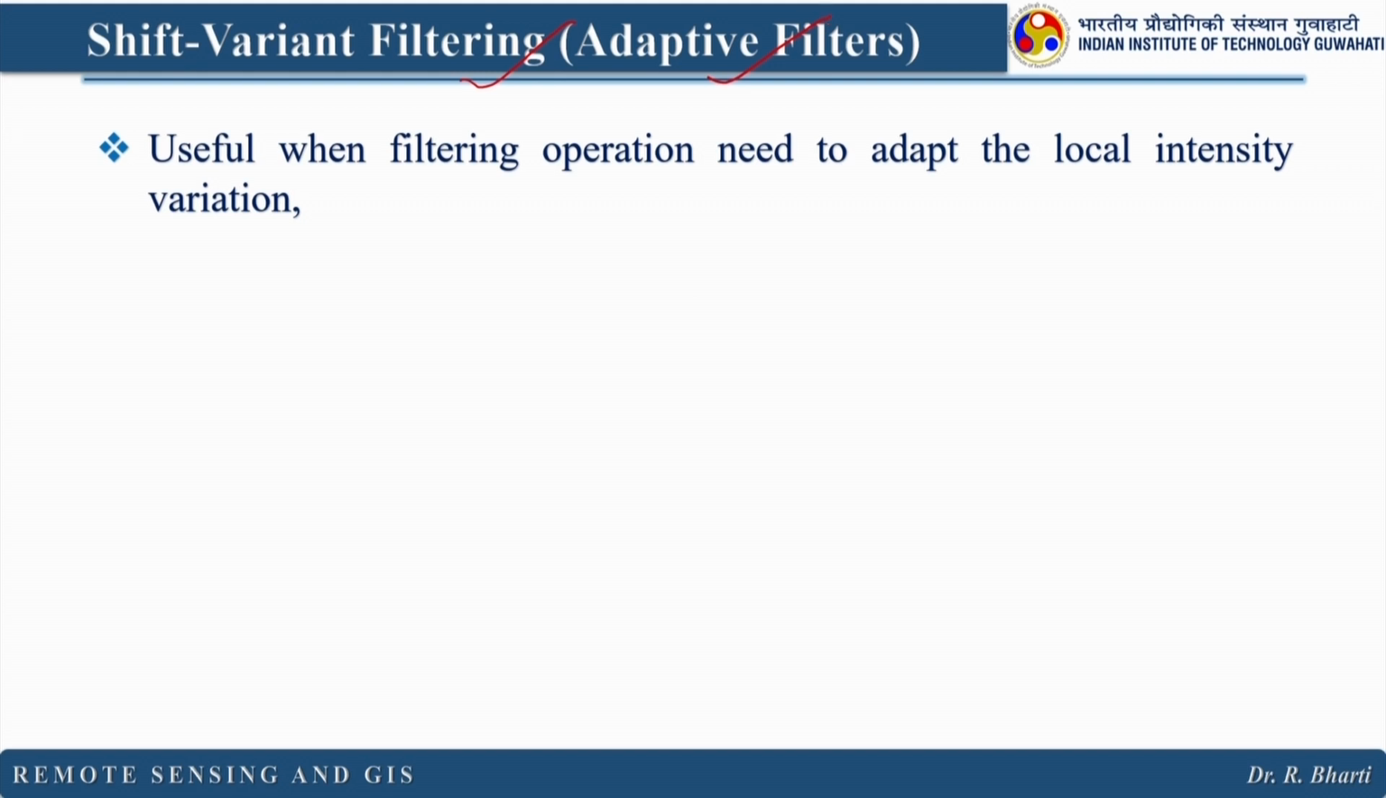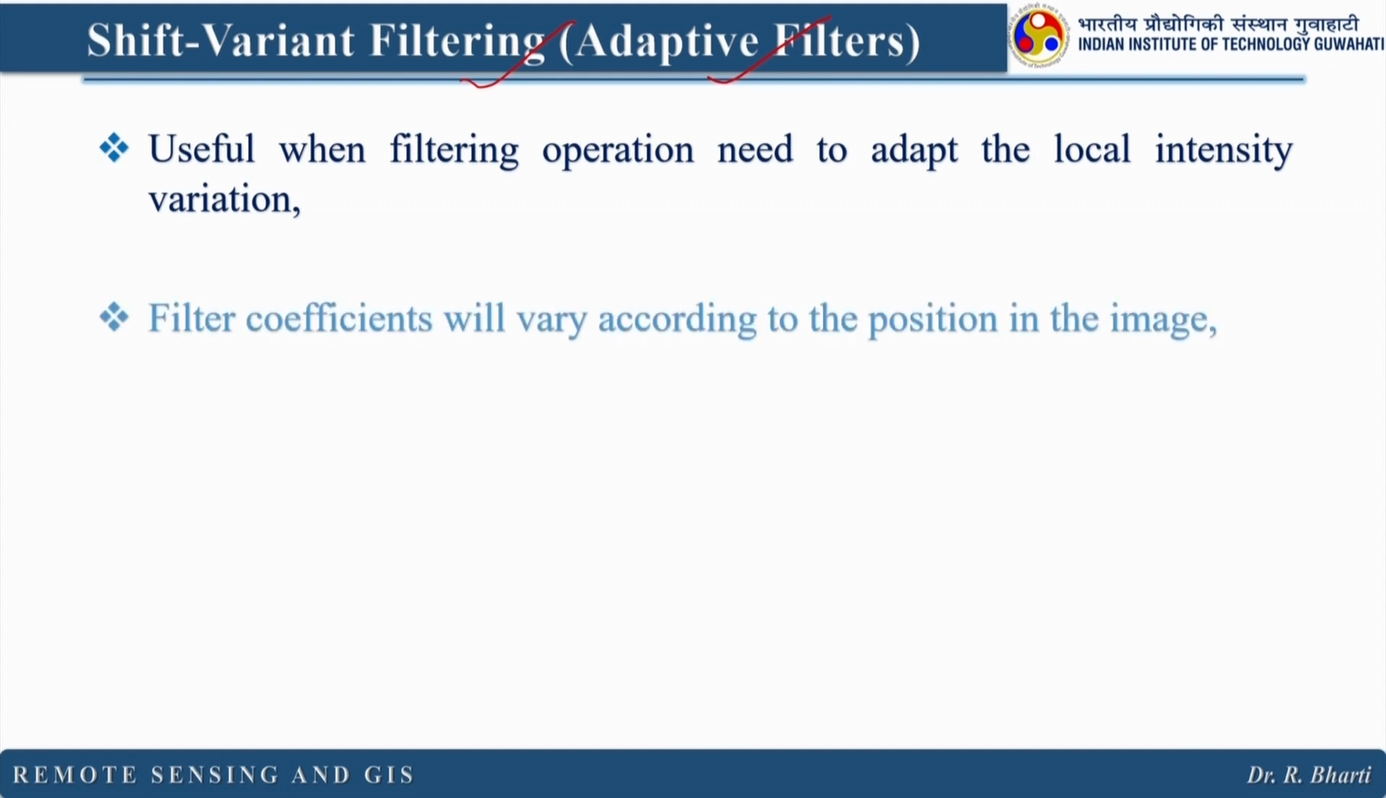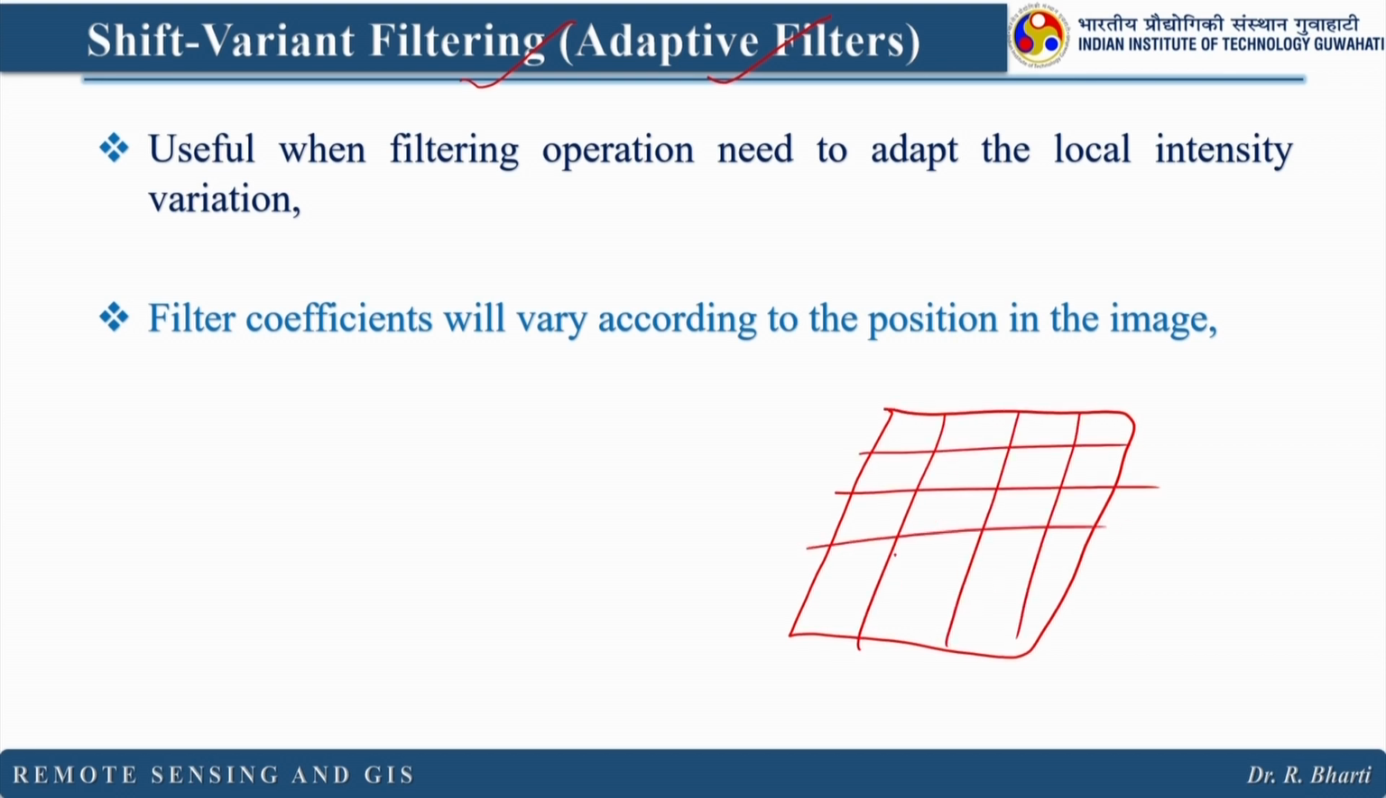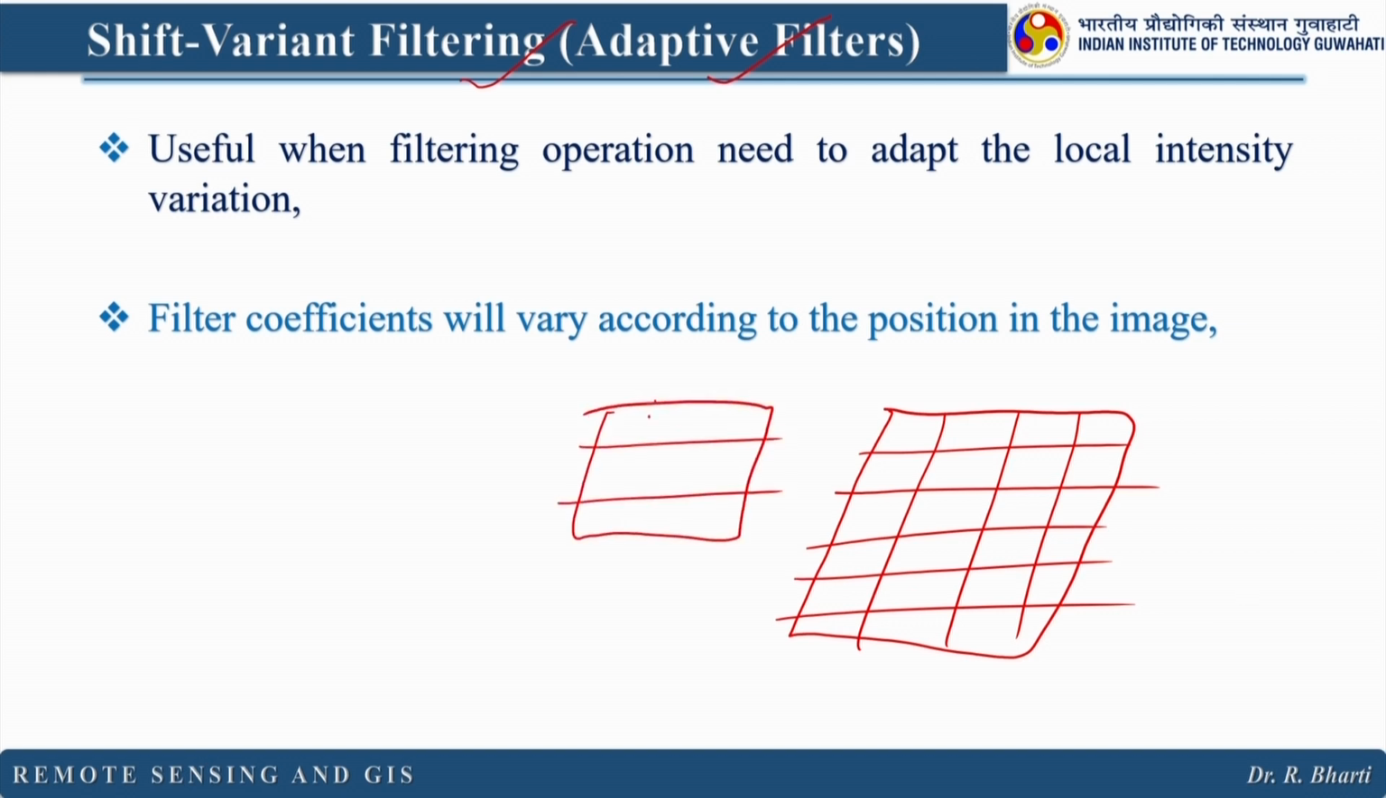So these are used when filtering operations need to adapt to the local intensity variation, right? And the filter coefficients will vary according to the position in the image. So what it says, like this is the image, right, and these are my coefficients. Here I am assuming 3 by 3, and this is the image. So I will overlap this onto this particular image and then calculate the value